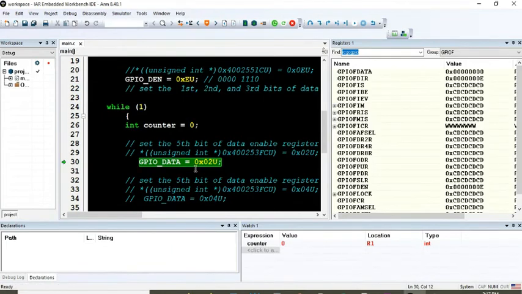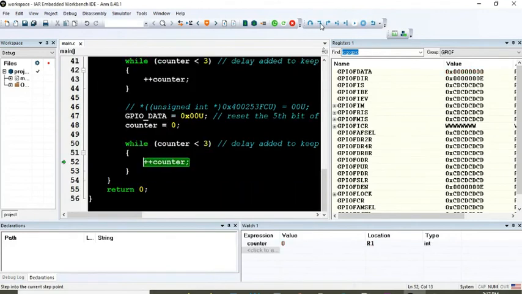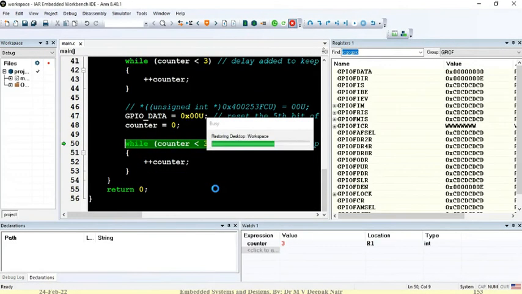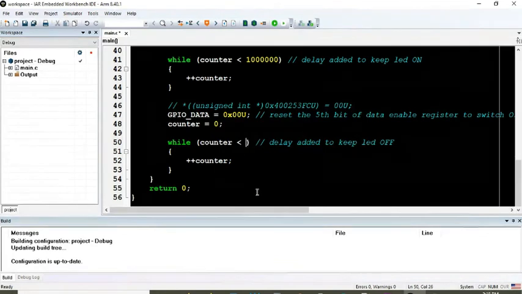Done. You came back. So 0, then 2. In this way, the program is running smoothly. I can stop it, and once I'm satisfied, I can change the value to any appropriate value which I like. Okay, we will come to those numbers also, how to get the perfect number to make the LED on and off